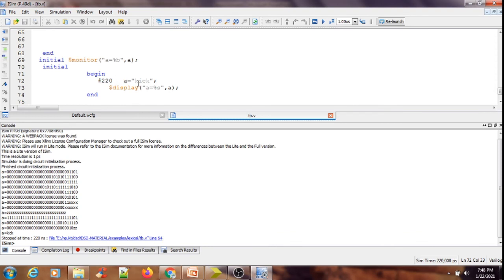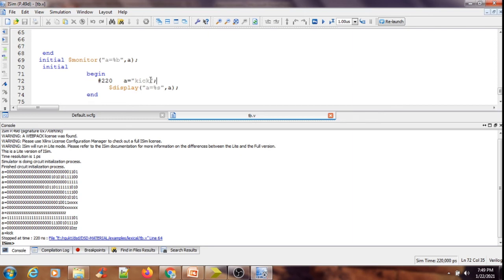So this 8, this 8, this 8, this 8, 8 4s are 32. That means A should be able to hold the output of kick. 8 4s are 32. Each and every alphabet returns me a 1-byte ASCII value.